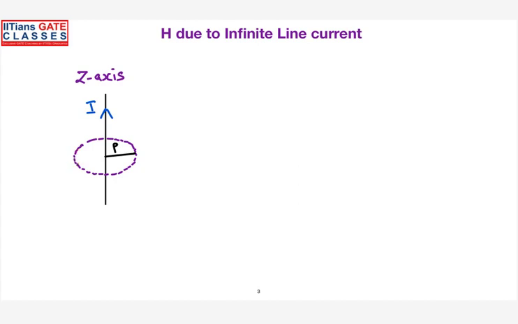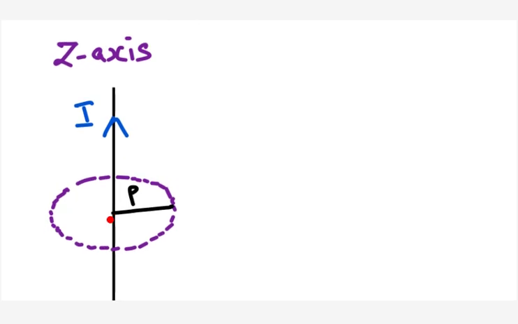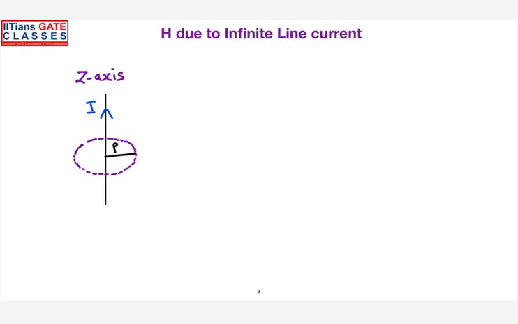So the next thing was, I have assumed a loop around this wire. Is it symmetrical or not? So this is my particular point of interest where I have to define the magnetic field intensity. So I was finding the magnetic field intensity at a radial distance of rho. First, I enclosed the source with a closed line. This line is also symmetrical because you can see here, wherever you consider the point, you will always be at equal distance from the source. So in that way, the symmetry is ensured.